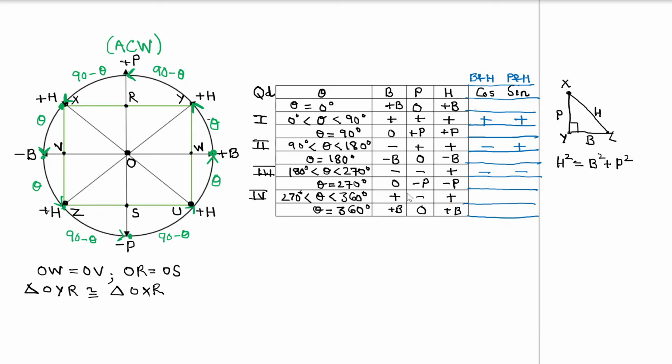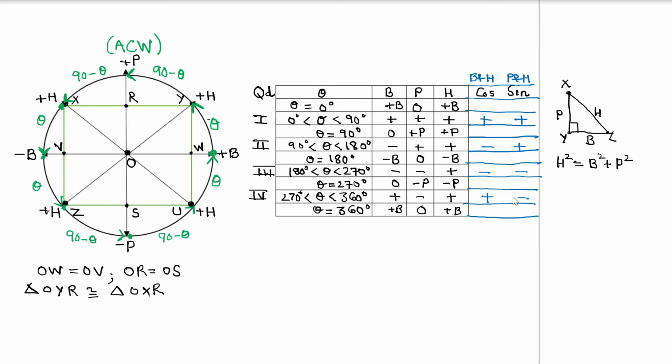Okay, so now if I multiply B into P, it should be negative in the last quadrant. So why are we multiplying B and P? We are supposed to multiply B and H, right? So B into H is positive and P into H is negative. So from here you'll find out that cos is positive in the first and the fourth quadrant, and in the remaining two quadrants the values of the various ratios of cos that you would be getting would be negative.